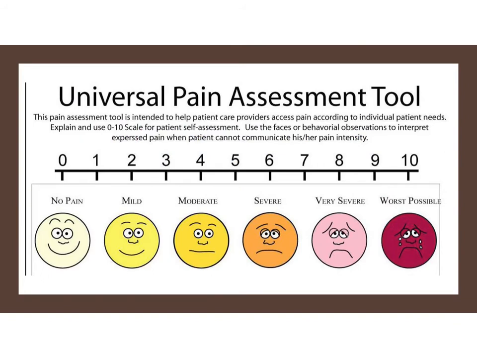As clinicians, we've all seen the universal pain assessment tool. We've been taught that pain is a vital sign, right? And this is the tool that we use most often to have patients assess their pain. The book by Travis Reeder goes into detail about how this pain assessment tool is so problematic. We can't point a pain thermometer at a patient and gauge their level of pain.